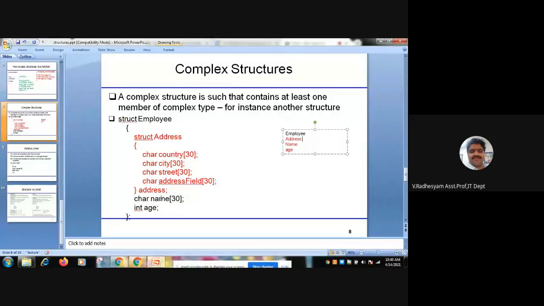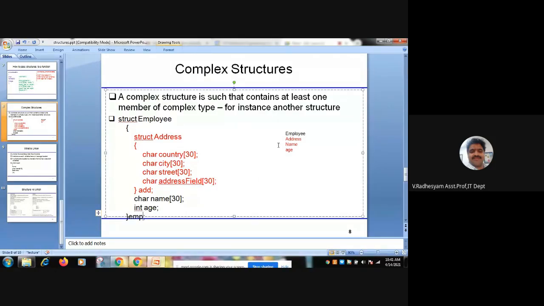Suppose I am considering here struct employee. There is a first field called address, second field called name, third field called age. Now I am declaring a variable emp for employee.